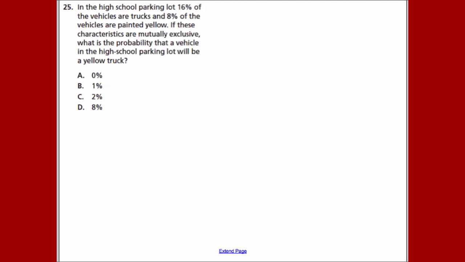Number 25. In the high school parking lot, 16% of the vehicles are trucks and 8% of the vehicles are painted yellow. If these characteristics are mutually exclusive, what is the probability that a vehicle in the high school parking lot will be a yellow truck? Out of this whole paragraph, it's really important that we understand these 2 words, mutually exclusive, otherwise known as disjoint